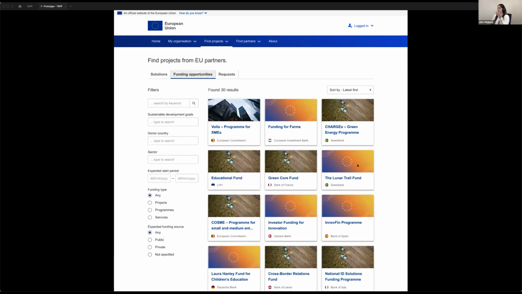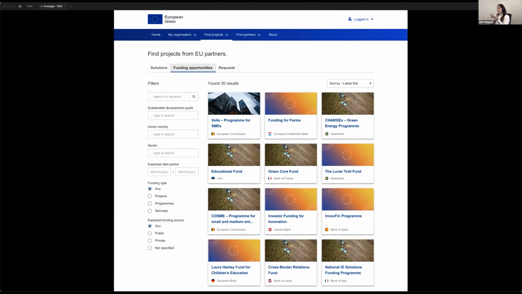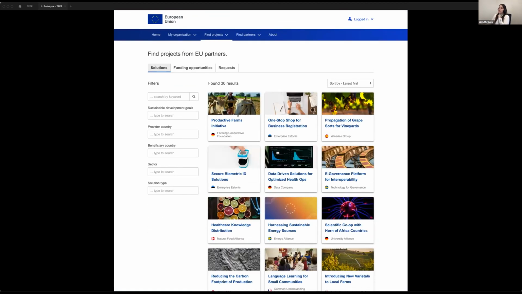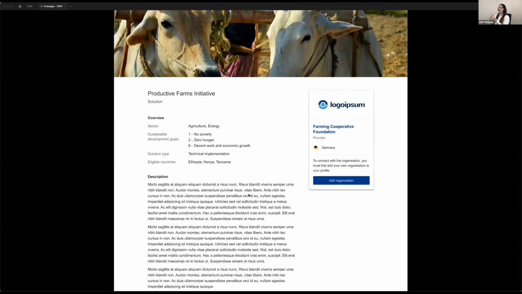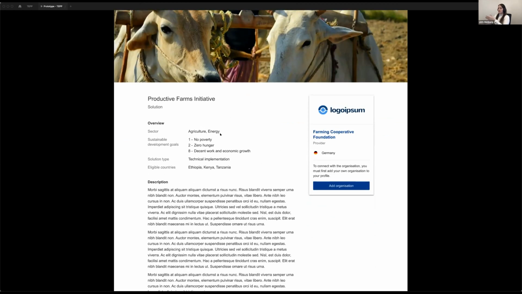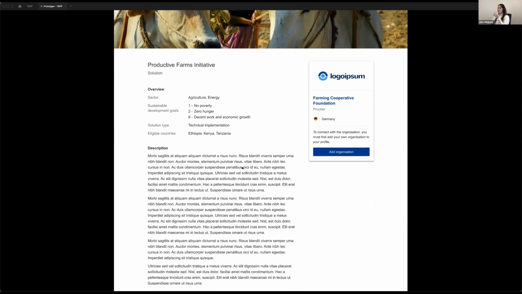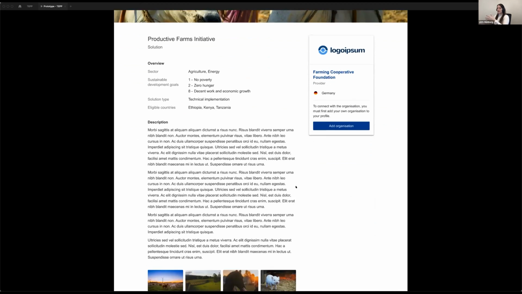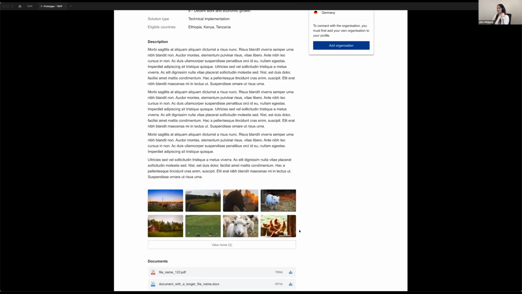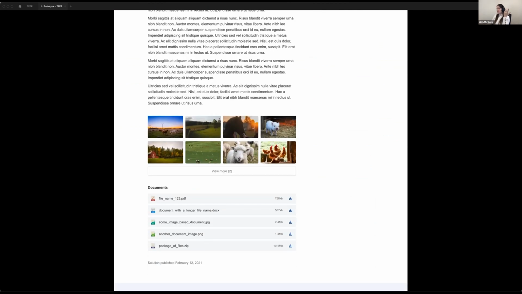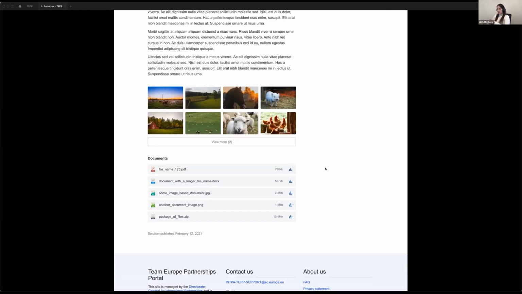And for any one of these, I'm also able to go and have a closer look at them. So let's say in this case, I want to see a solution and I will click into this first one. I get this detail page again with an overview of the sectors applicable for the solution, the SDGs it helps to achieve, the kind of solution it is. And if there are any eligible countries where this can be implemented, then that can be specified as well. Once again, I have an overview of the description of the solution, in this case possibly a gallery if it helps to illustrate what the solution is, and then optionally any kinds of documents that are relevant to this